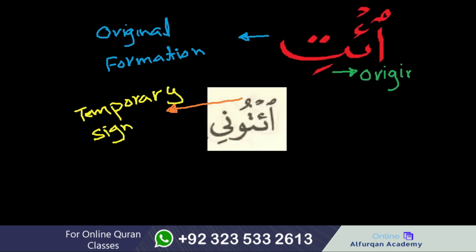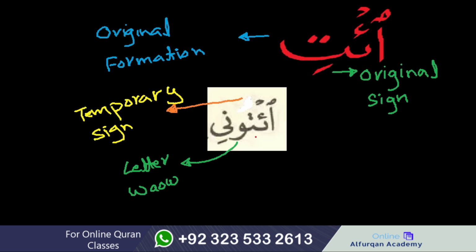Why was this original kasra sign converted into dhamma in this example? As you can see, after letter ta, we have letter waw. And as we got it that the original sign letter ta has is kasra, now it becomes really hard to pronounce. That's why, according to Arabic rule, we are going to convert this kasra into dhamma because the next letter is waw. So then this one becomes tu. Now it's easy to pronounce.